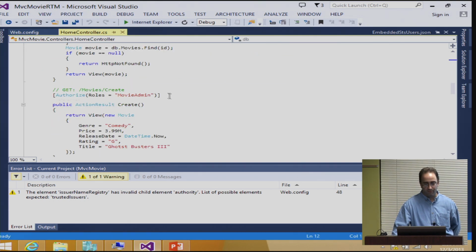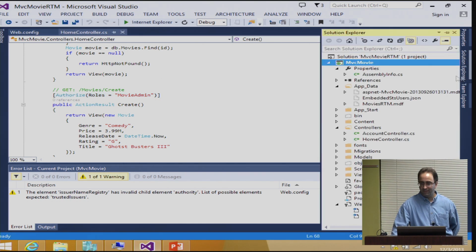And I have some of these down here for movie admin. So basically, it's the same authorize logic that you're used to using in your applications. There's nothing different about it. One thing I did do,